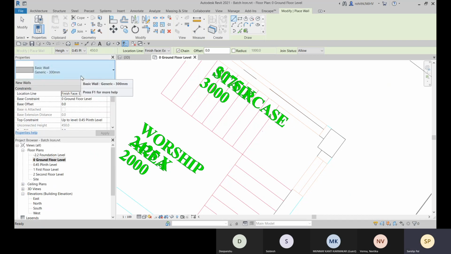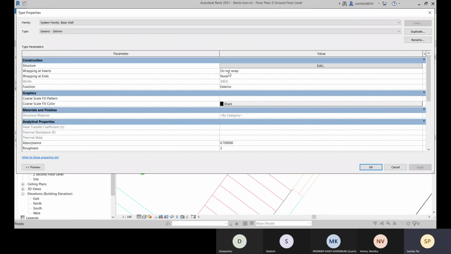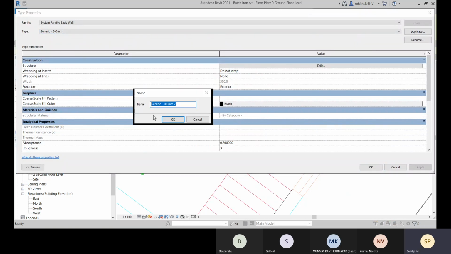Okay, so this is the generic wall, and you can click on edit type. You click duplicate because this is a system family, and this way we can create another type. So let's name it EW, exterior wall dash 250 mm.